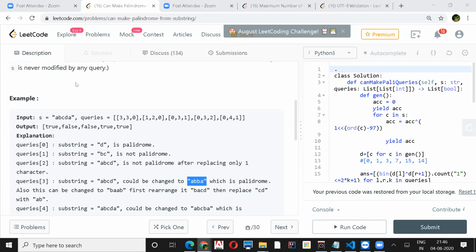The mirror image will take care of the rest. Yeah, Shashank, then that's correct.